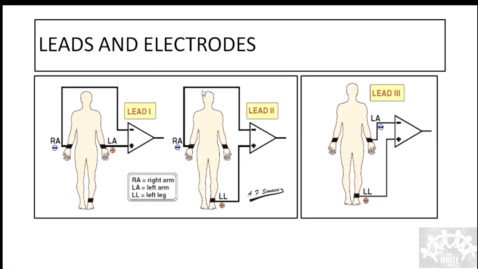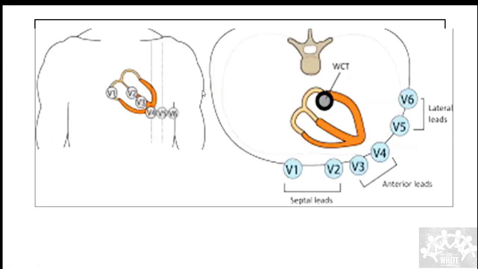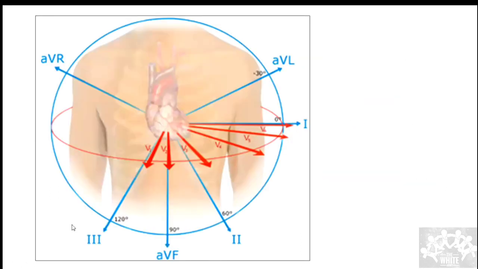Want me to repeat these leads? Yeah, I'll repeat it. Fine. So these leads are called inferior leads because they are seeing the inferior part of the heart. So imagine this is the heart. This is on the sides, so this is called a lateral lead. These three are called inferior leads, and this is called the right-sided lead, or you can just call it lead AVR. It is an extreme lead. And V1, V2, we know, are the septal leads. V3, V4 are anterior. Again here you see V5, V6, AVL, 1. AVL and 1 with V5, V6 are called lateral leads.